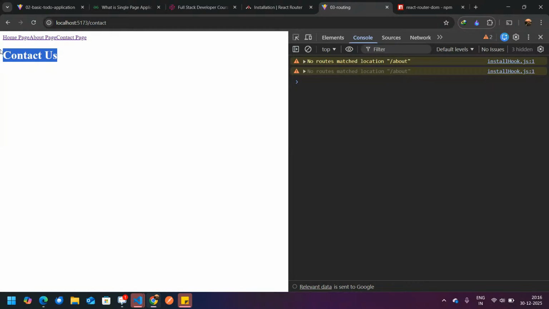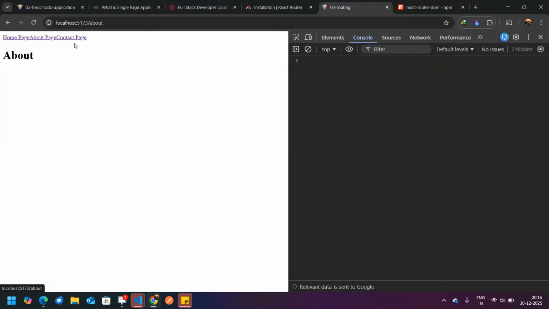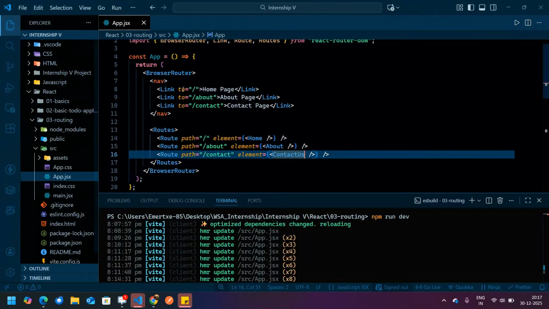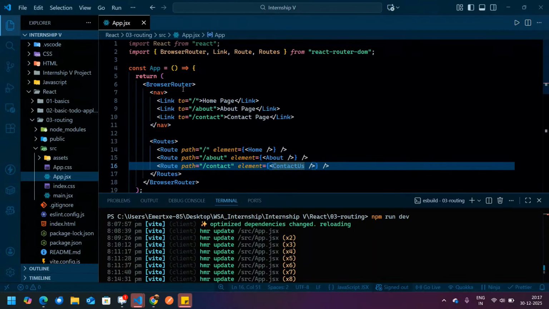Understood, guys? Did you understand? See, about page, contact page, home page. Small code. See, routing we have added. What we have added? Routing.